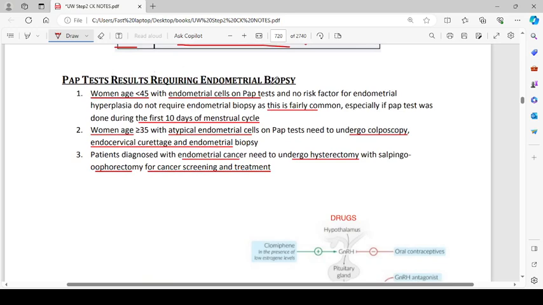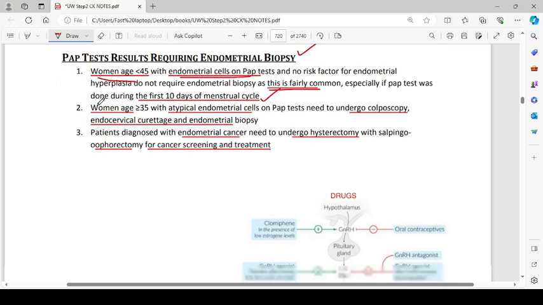Pap test results requiring endometrial biopsy. Women aged less than 45 with endometrial cells on Pap test and no risk factor for endometrial hyperplasia do not require endometrial biopsy. That is fairly common, especially if the Pap test was done during the first 10 days